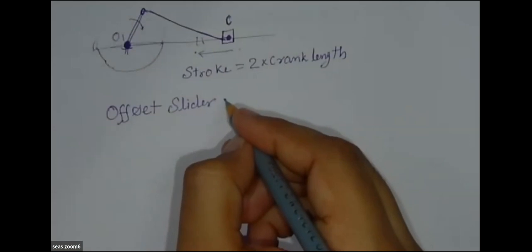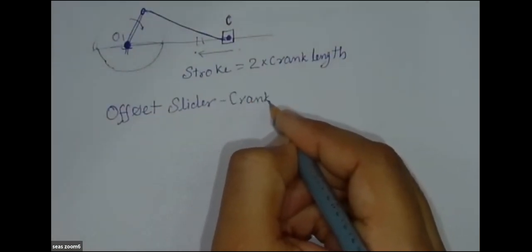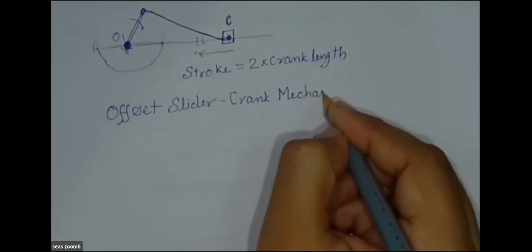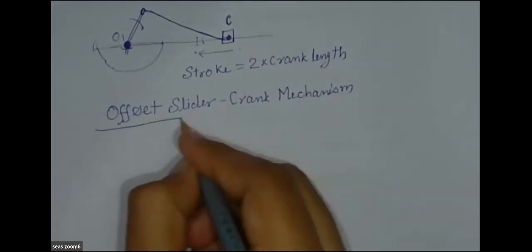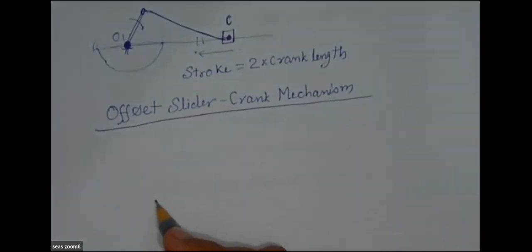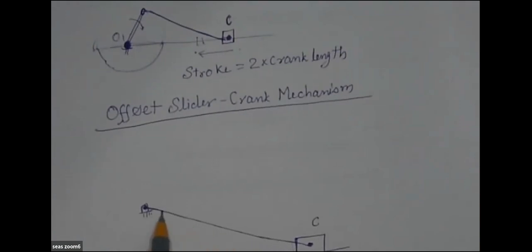So in offset slider crank mechanism, if the crank is pivoted here, then the slider will be at different plane. Let's say this is the wrist point C. This is the connecting rod. Let's say this is the crank, and